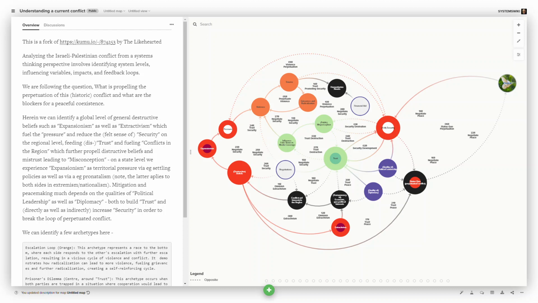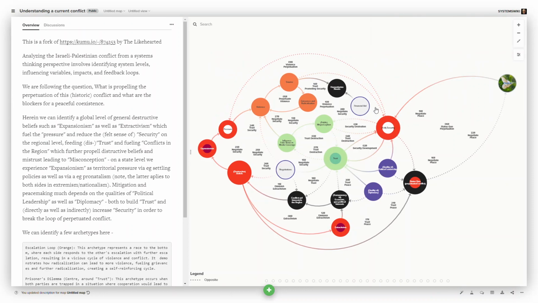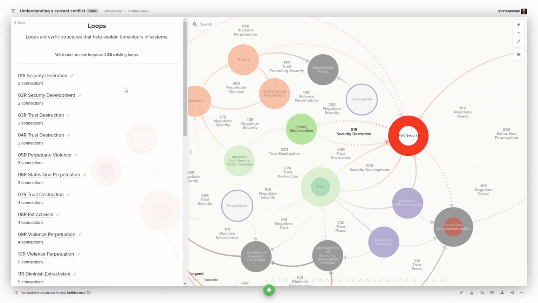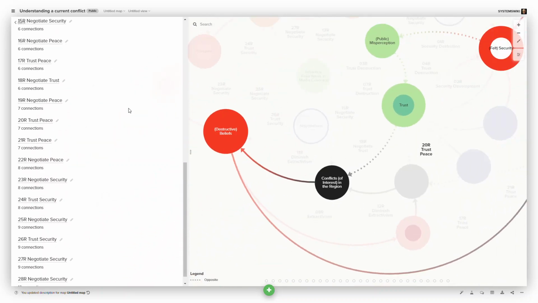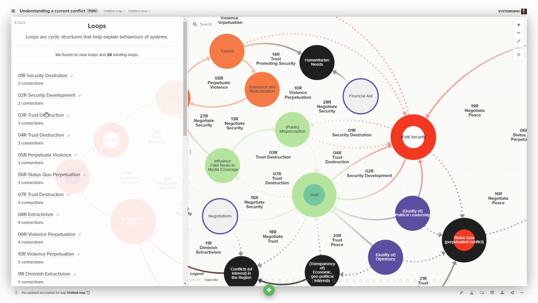Though going through all of the loops, in other words, I forked the model and I added some things. I added some controls. I added this so that I could look at the individual loops, and I added popovers so that I could read the labels without needing a magnifying glass. And then I went to add loops and detect loops automatically, and I went through and I labeled all the loops. The way that I tend to label my loops is 01R, 02R,